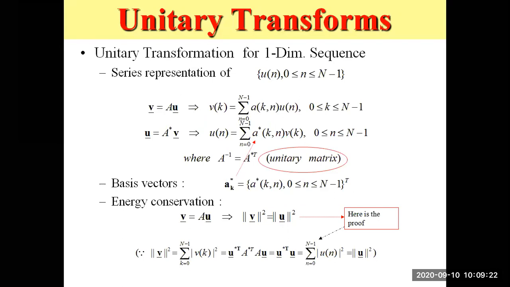Next, first of all, we have to observe what the unitary transforms are for one dimension. After that, we extend to two dimensions. Then we can clarify our transforms: how we go to DFT and how we go to two-dimensional DFT, like this. So first of all, we have to observe what a unitary transform is for one dimension.